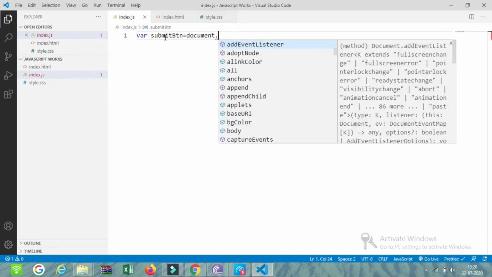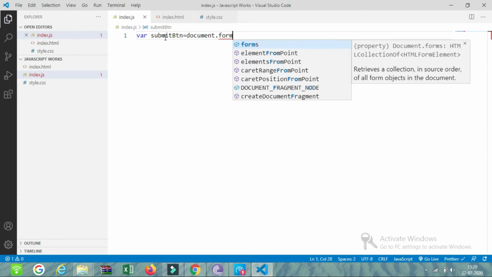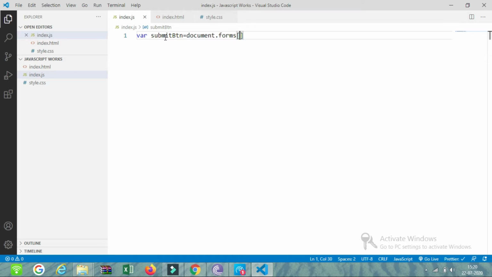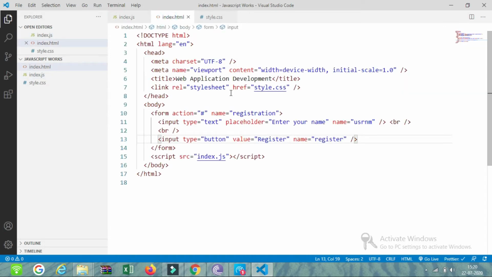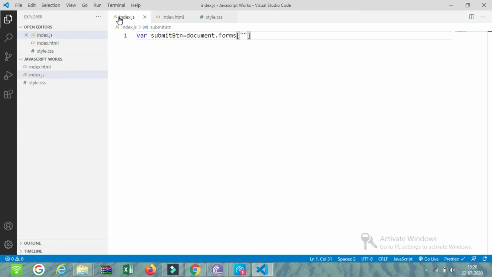forms. There is an attribute of the DOM called forms. It is an array. First, we have to specify the name of the form. Our form's name is registration, so we first need to give registration.